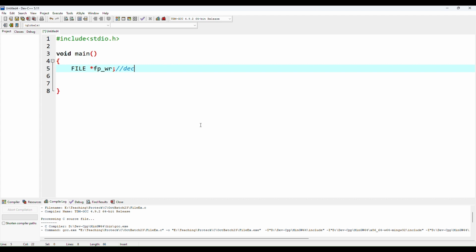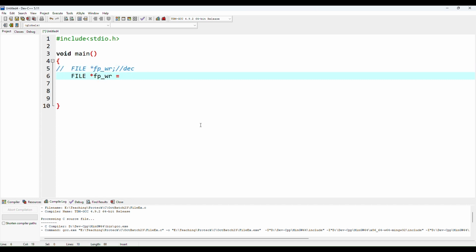Now if I want to declare and define directly, what I can say is FILE, I'll comment this out, equal to fopen. Now the fopen function is there. You will see it will ask you for the name of the file. Suppose I say the name of the file is